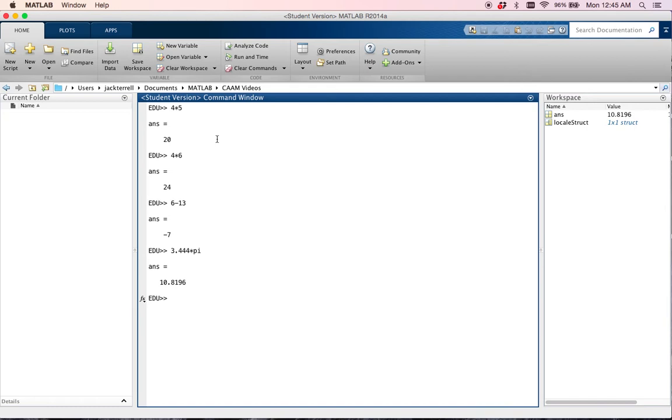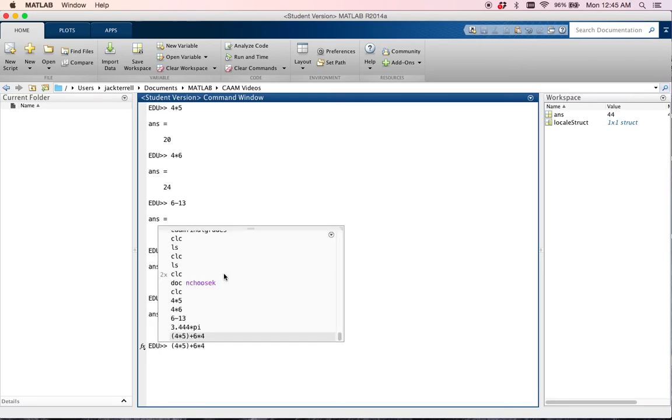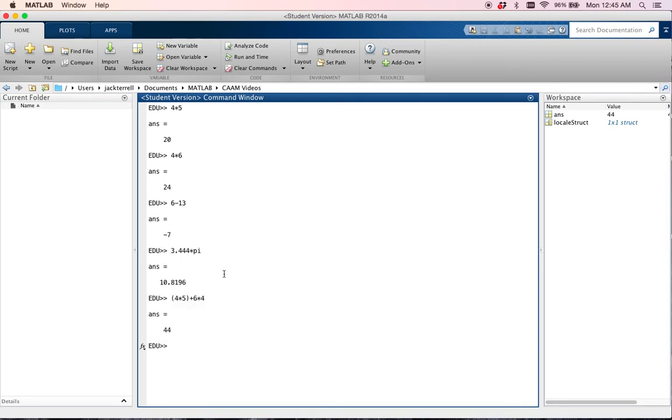MATLAB follows all of your normal algebra-like PEMDAS order of operations conventions. So like if you want to do 4 times 5 plus 6 times 4, or 4 minus 5 times 7, it'll do it right. Okay, so